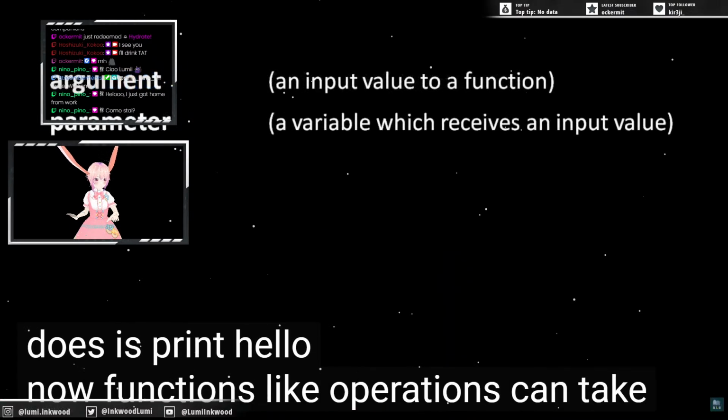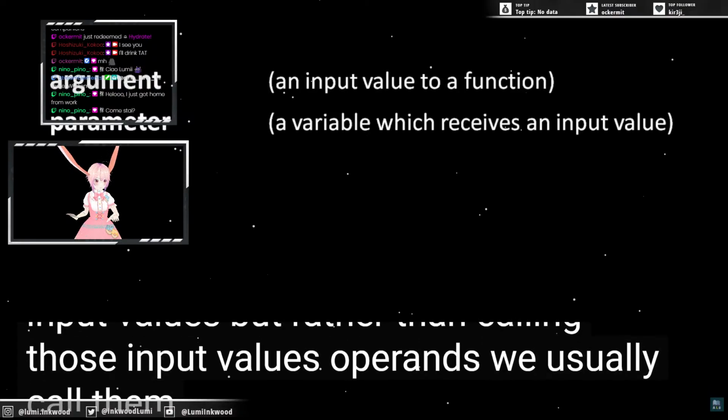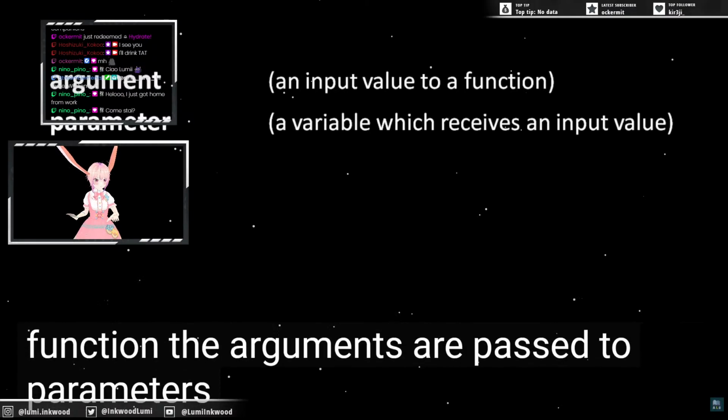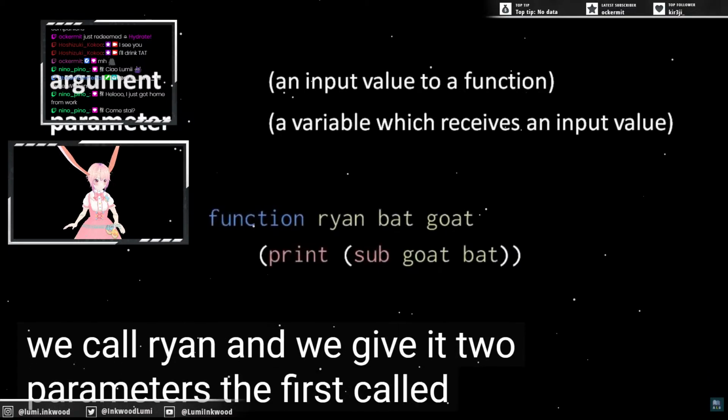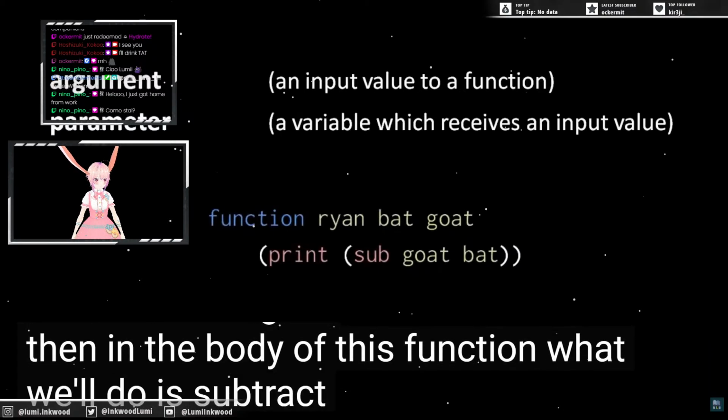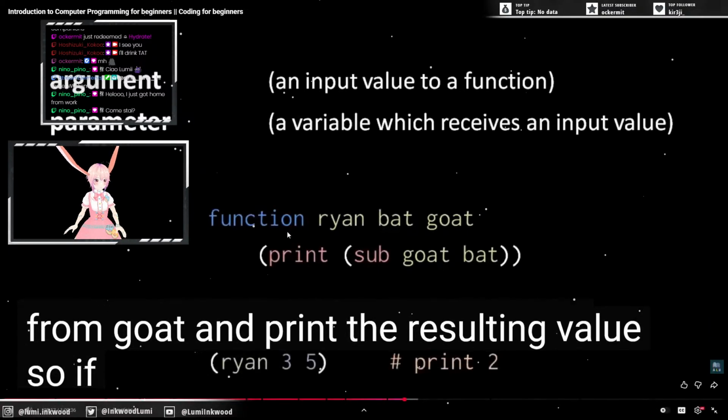Now functions, like operations, can take input values, but rather than calling those input values operands, we usually call them arguments. And when we invoke a function, the arguments are passed to parameters, which are variables in the function that receive the input values. So here, for example, we create a function we call Ryan, and we give it two parameters, the first called bat, and the second called goat. Then in the body of this function, what we'll do is subtract the value of bat from goat and print the resulting value. So if we then invoke the function,